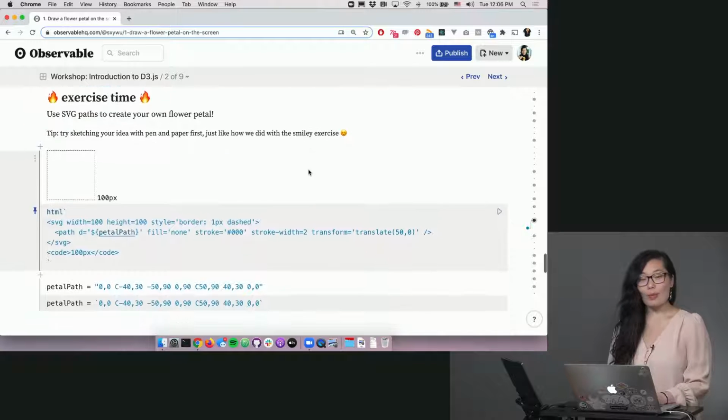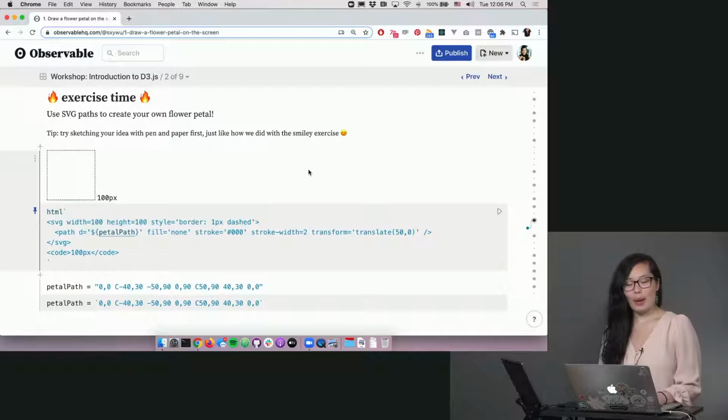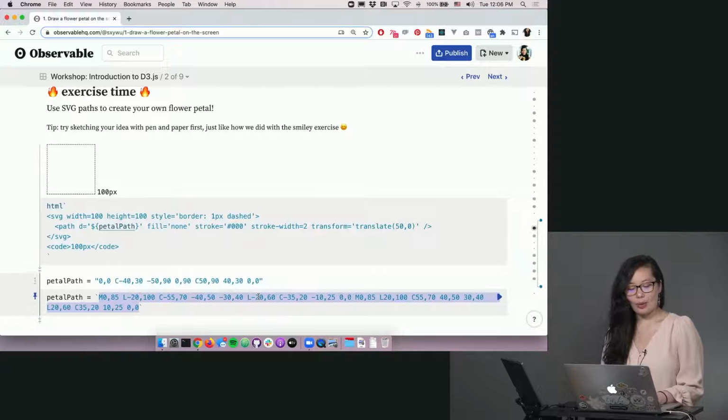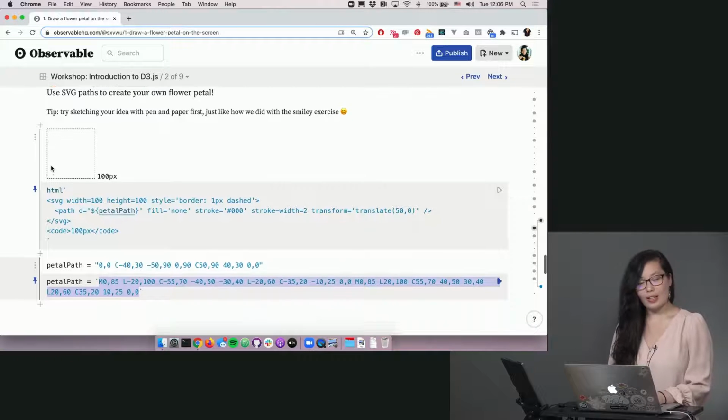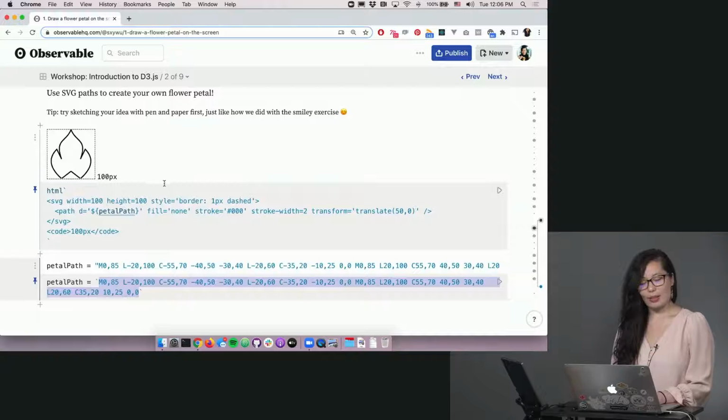But we had some really great, amazing petals that have come through both in the chat and in the classroom. And so for us to go forward with, I wanted to use the one that VJ, I hope I'm pronouncing the name correctly, sent along. And it's this like